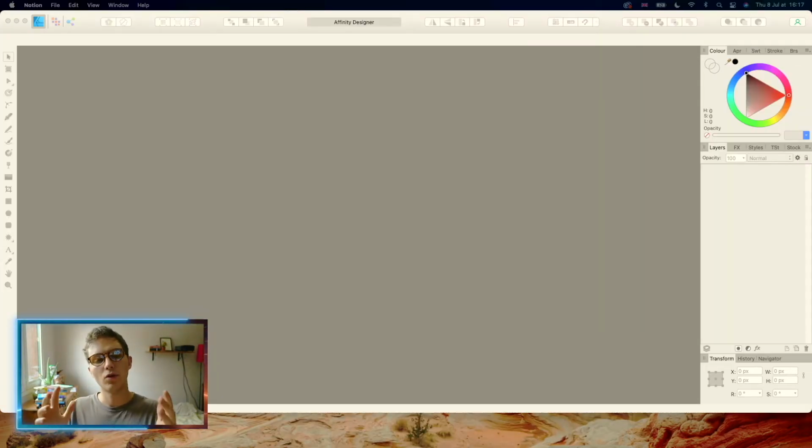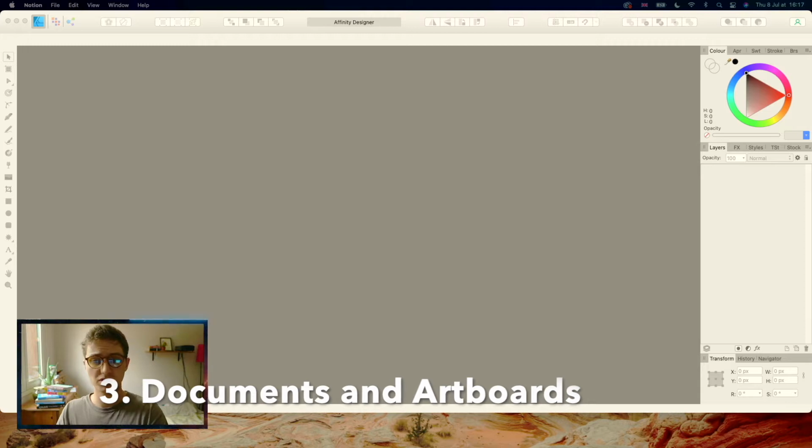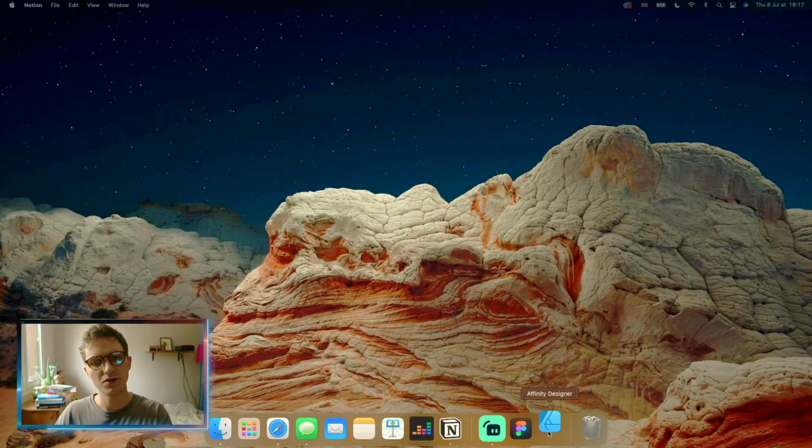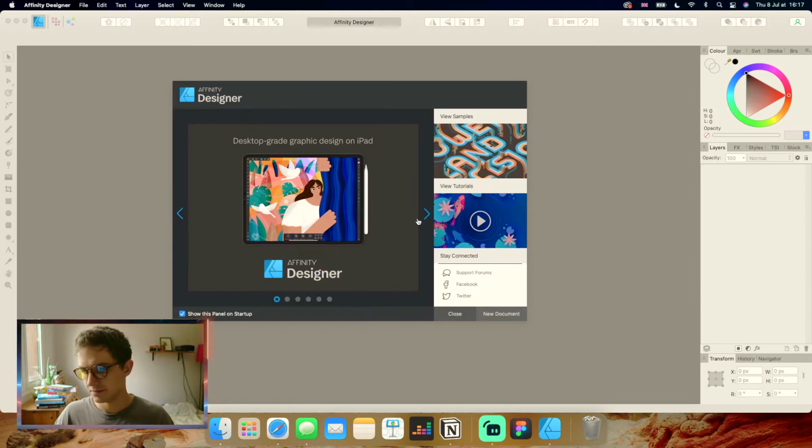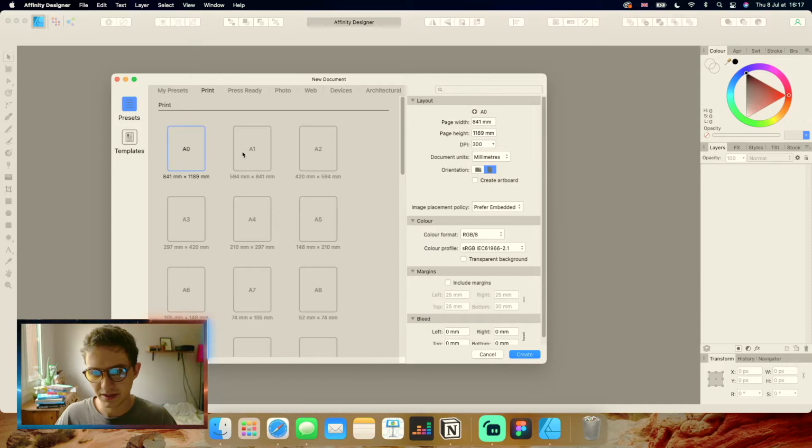So now that you know what each persona does, let's jump into step number 3 and show you how to create your document and create your artboards and get you started in it. So the first time you open the software is going to look a little bit like this. Right, so from here, all you have to do is just click new document,